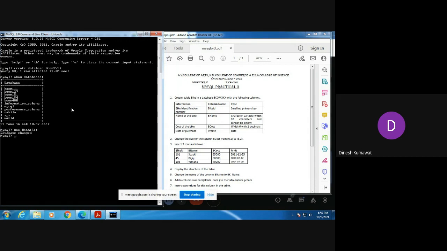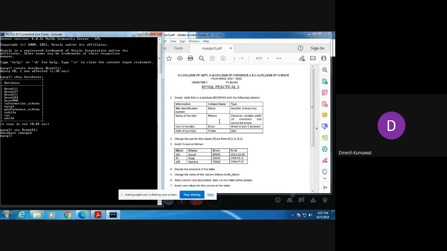Now we are going to create the table in this database. So what is the name of the table? Observe question number 1. What is the name of the table in question 1? See, Bike. Until you answer, we will not move ahead, so it's better to answer. Bike, sir. So here our table name is bike. We need to create a table with the table name bike.